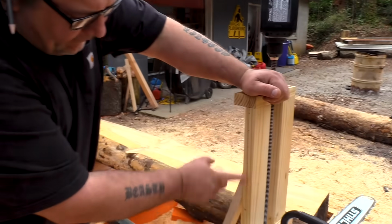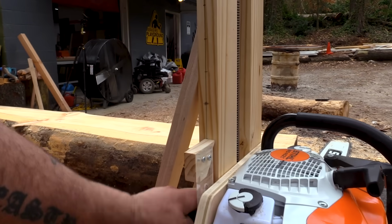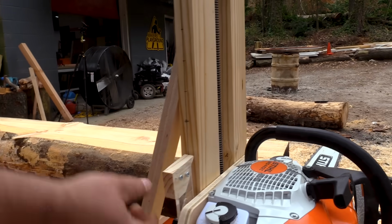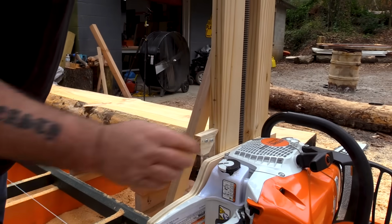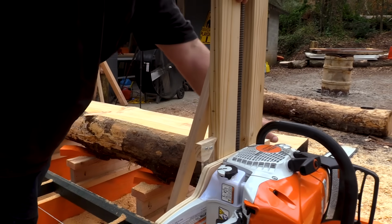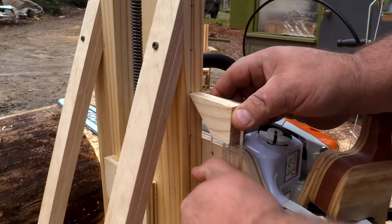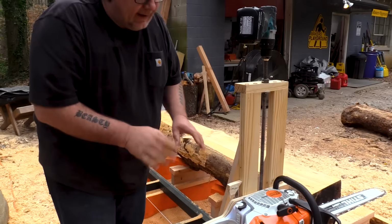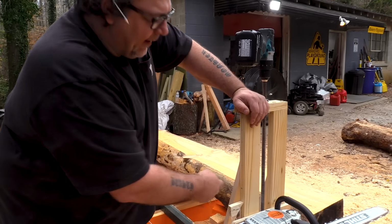So one fun little feature is just these indicator marks right here. I have a knob right here I can loosen up and adjust to whatever I want as far as height goes. So when I get my saw to where I want to make that first cut, I can then move this indicator guide up to one of my tick marks, tighten it down. So when I bring the saw back down, I just go to the next tick mark, and that's going